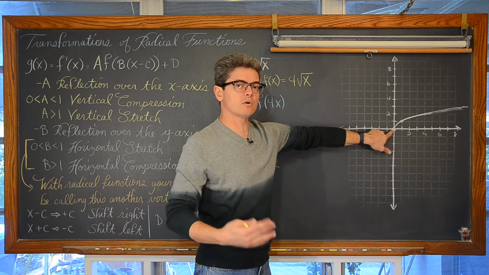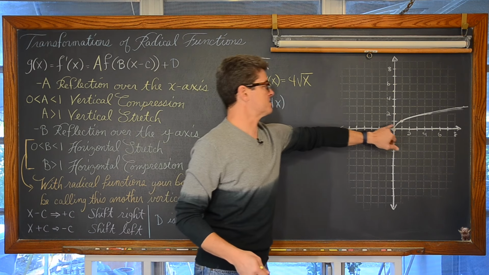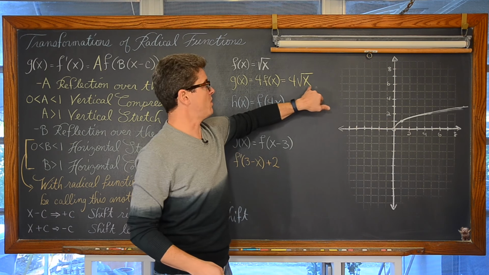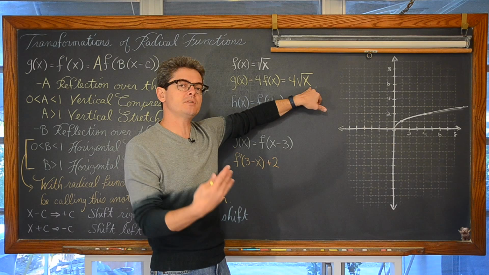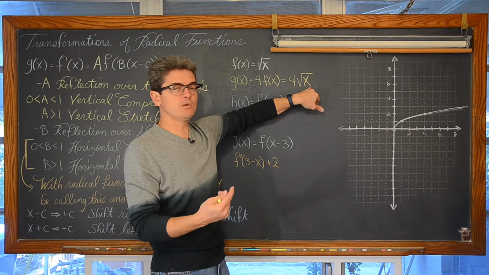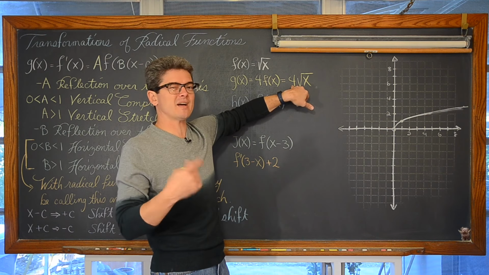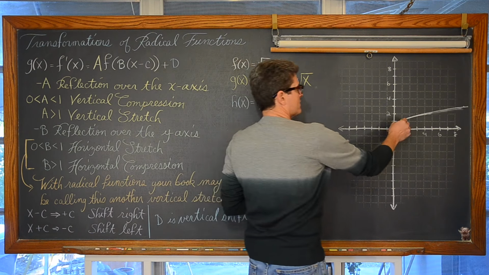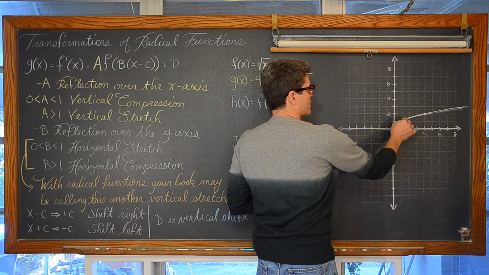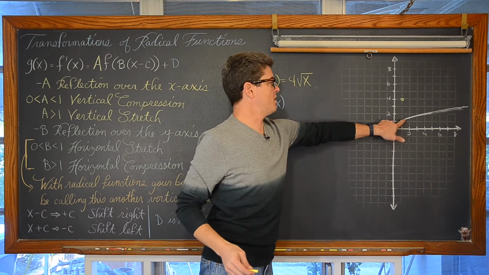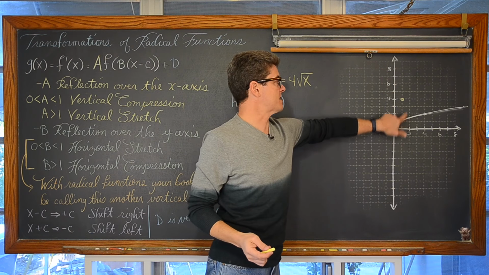If x is 0, the square root of 0 is 0 times 4 is still 0. If x is 1, the square root of 1 is 1. And after you work through that main function that's in your equation, the square root, then at the end, when you're sort of done, you multiply by 4. So the square root of 1 is 1, and then multiply it by 4, you get 4. So what was 1 unit away from the x-axis is now 4 units away.